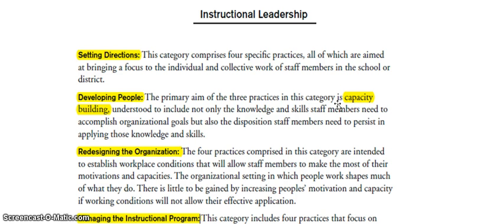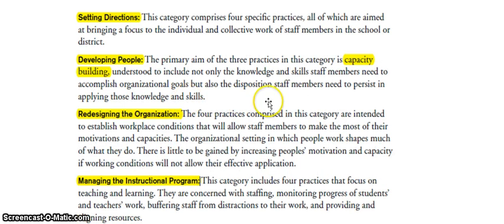And there is the singular self-capacity, and then there's the collective capacity. The singular is the individual themselves having the ability to do a much better job or increasing their ability to do better and better jobs. And then the collective capacity is the ability for the group as a whole to do that. That really gets driven from individuals getting better, groups getting better, learning from one another in professional learning communities, or PLCs as they will be called. And then the leader also moves on to redesigning the organization and then managing the instructional program.